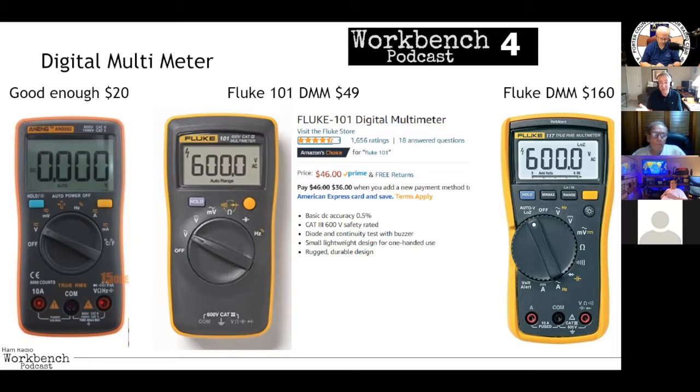Why would you get a $200 meter? The two main reasons are, number one, the more expensive meters tend to be built better, which means that all of the contacts internally will be better. You'll have less contact resistance. The connections won't fail as easily, et cetera. So they're just better. You know, they'll build a real switch as opposed to fingers on a circuit board, that sort of thing. The other thing is that there will be some features of the more expensive meter, like there'll be more digits of resolution, or it'll be an